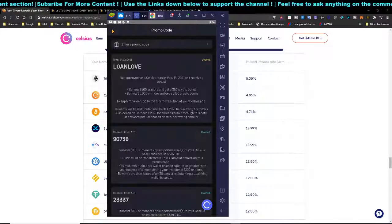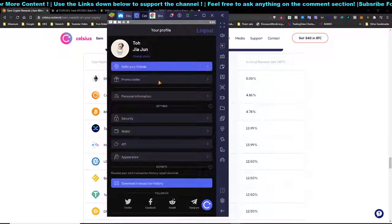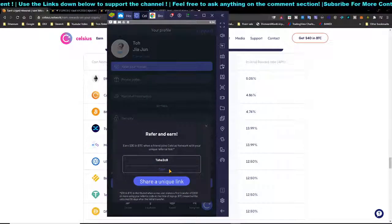So once you have signed up an account, you just head over to your profile and click on refer a friend, and from there you can get your unique link. Right now they are offering a $30 Bitcoin bonus for whoever joins Celsius Network with your referral link. On top of that, whoever is signing up needs to transfer at least $200 or more in crypto